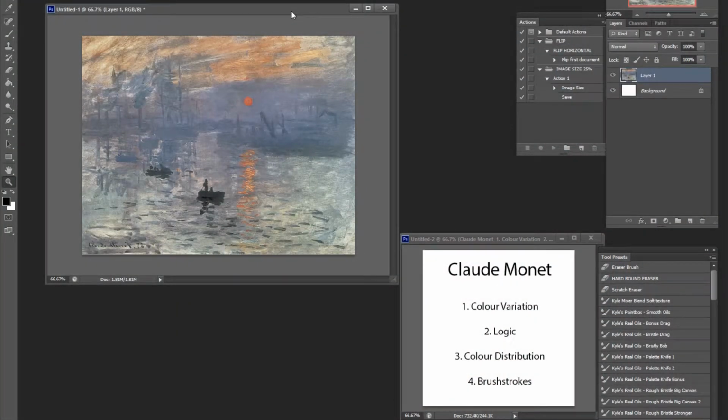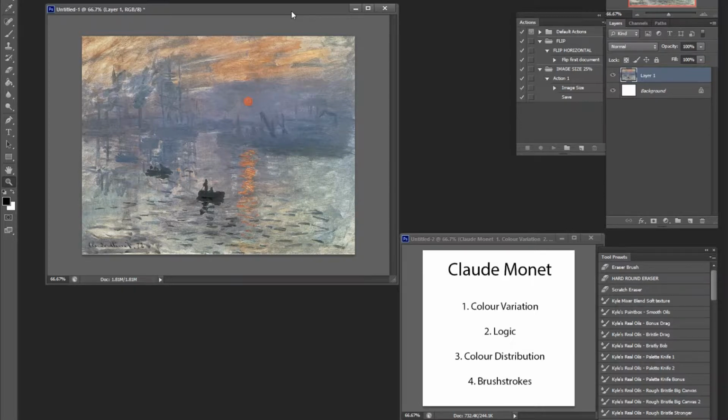Now, I'm going to talk about four things here, probably a lot more given how masterful his work is. First, let's talk about color variation. Then we talk about logic and how Claude Monet does not break the logic of realism at all. Let's talk about how he distributes color, and then we can look into the brushstrokes and what those symbolize. So first of all,